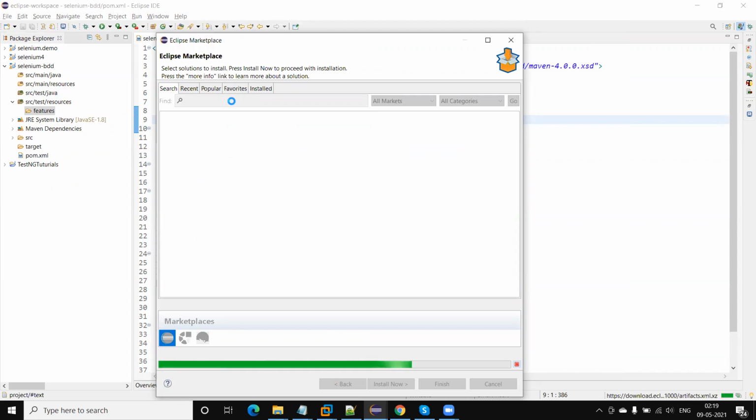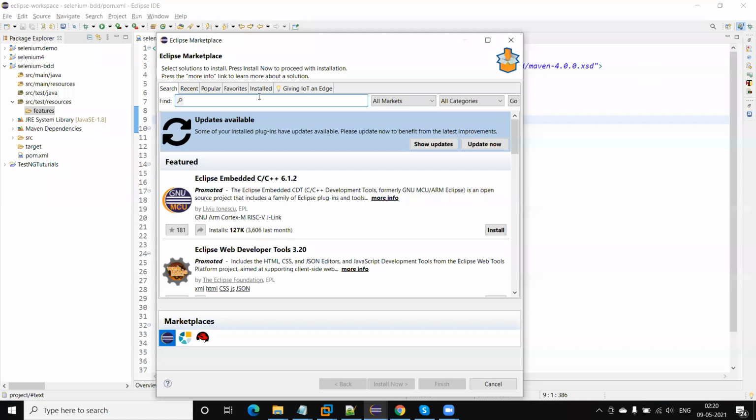Okay, so this is loading the required plugin. Once it loads, I will search. Okay, so now I'm going to search Cucumber and click on the Go button.